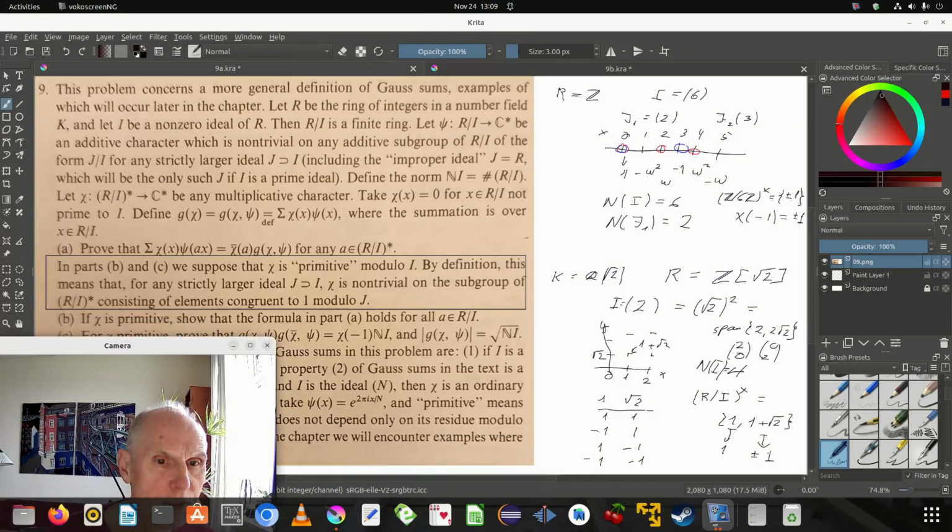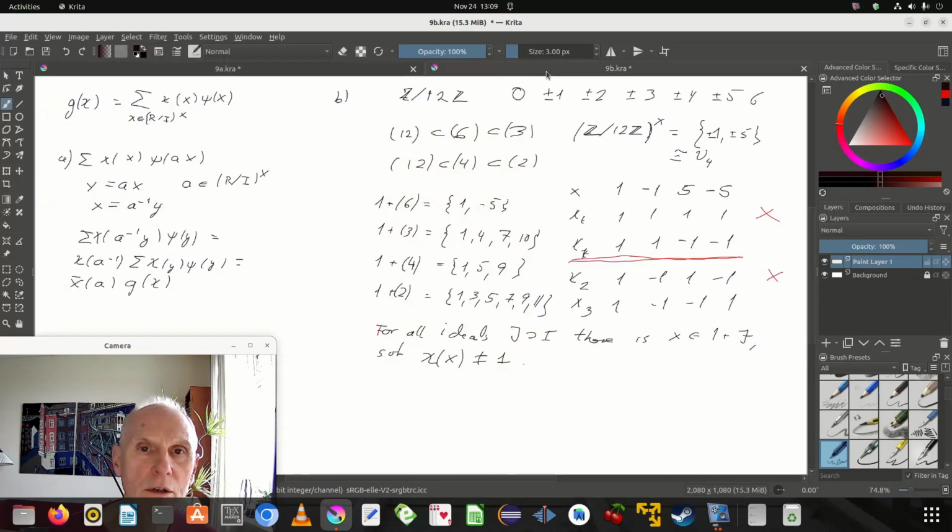If chi is primitive, show that this formula also holds if A is not a member of the multiplicative group. Therefore, we should look at the ideal generated by the A's, or generated by A. So